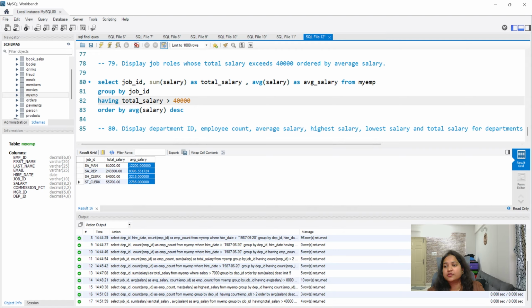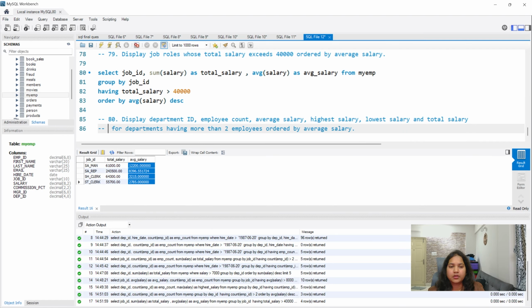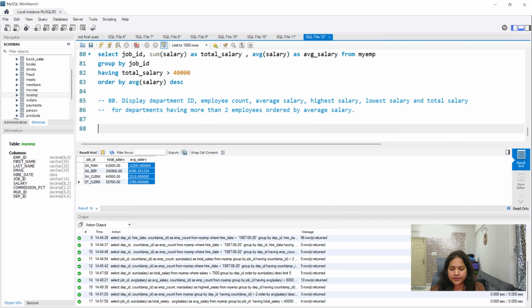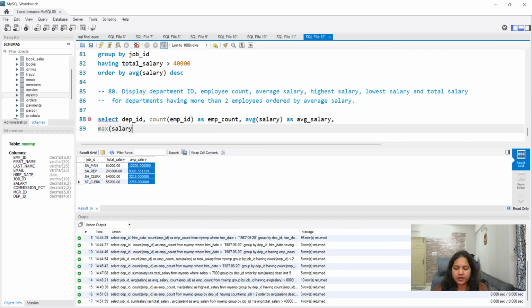Okay, next, last question. Display department ID. So select department_ID, employee count, which means count of EMP_ID as employee_count, average salary, so average of salary as average_salary, highest salary, lowest salary, which means max of salary as highest_salary, then lowest salary, so minimum of salary as lowest_salary.